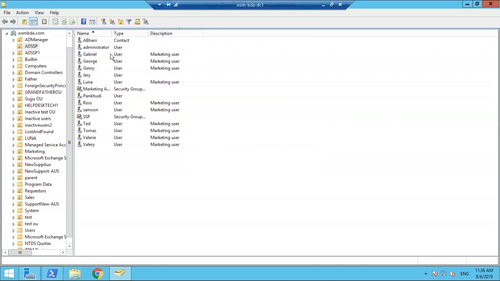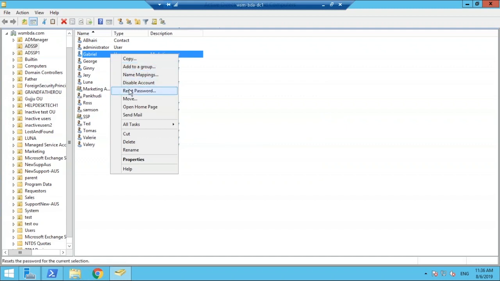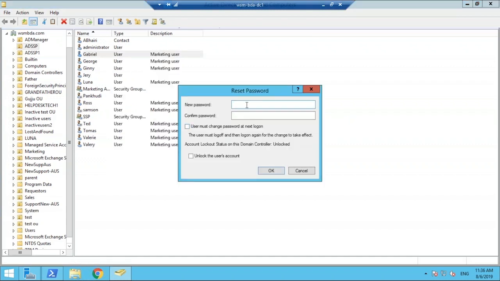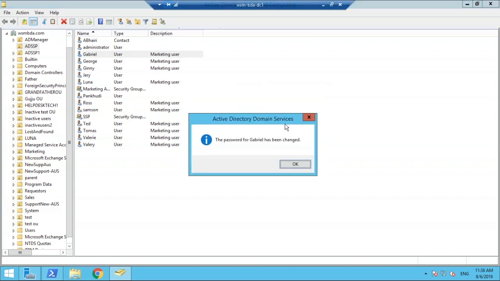So let's go ahead and reset the password for Gabriel again. Now Gabriel is a very forgetful person. So that's password at 123, and once I hit OK,